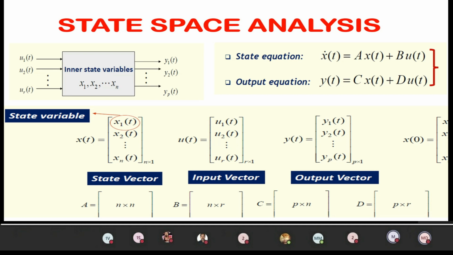That is one conventional method, and everything is analyzed with zero initial conditions, or initial conditions are assumed to be zero. Apart from that, the transfer function model is in the S domain. But the system also has to be analyzed in the time domain. For that reason we go for the state space analysis.